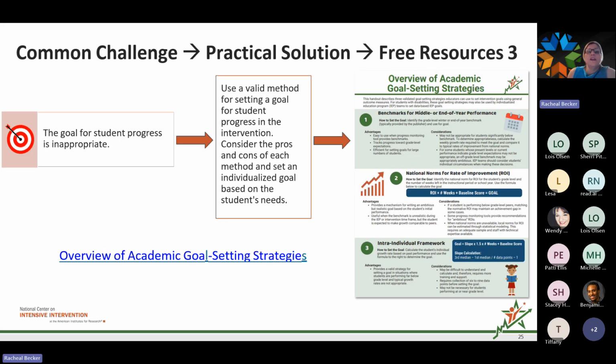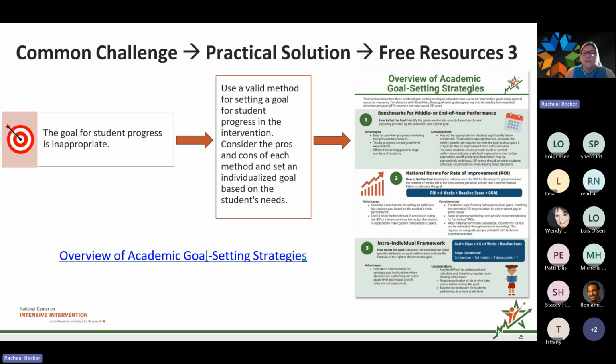So this is another great resource. I love this resource, but it really dives into helping districts and teams develop proper goals for their students. So I'm not going to go over this entire document, but I'll just summarize it. So the first section talks about benchmark goals. So they're aiming for the grade level expectation. This typically works when students are close to grade level, but it can be unrealistic for students who are significantly